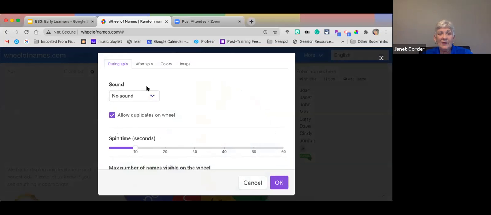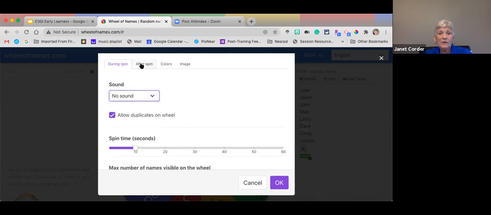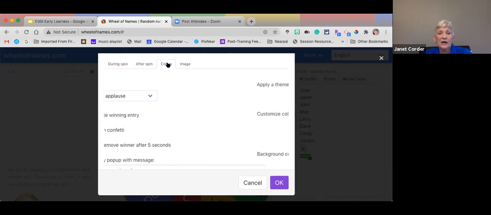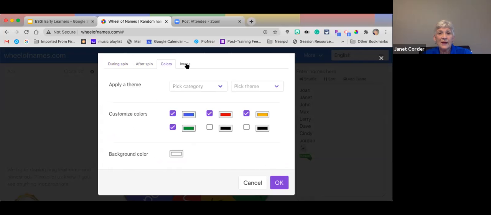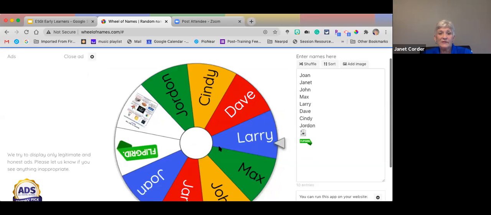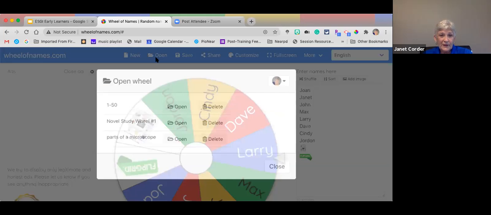So what sound do I want when it's spinning? What do I want to happen after? See, I love the confetti. What colors do I want? And I can put an image in the middle of my spinner. And so Wheel of Names is awesome, but when I come up to my account on open, so I have